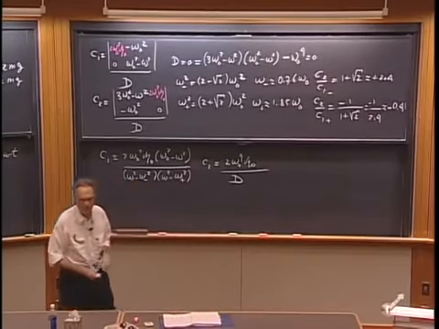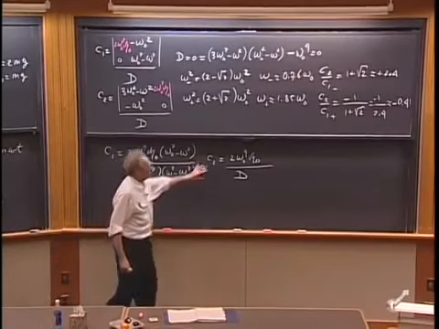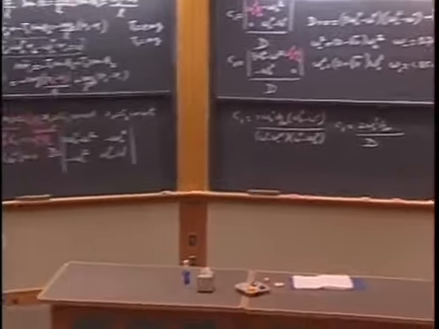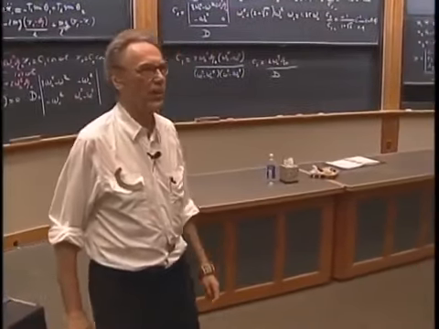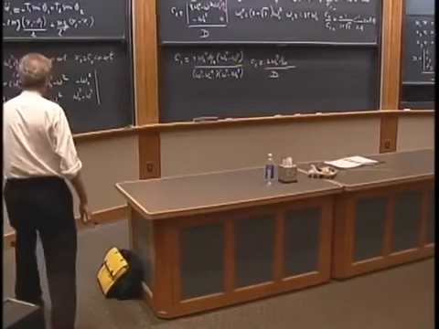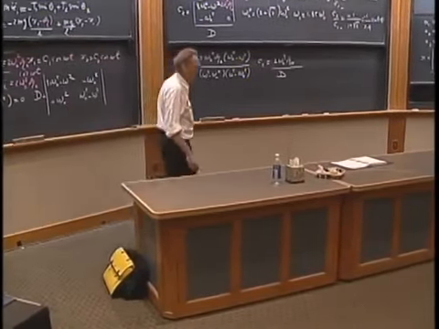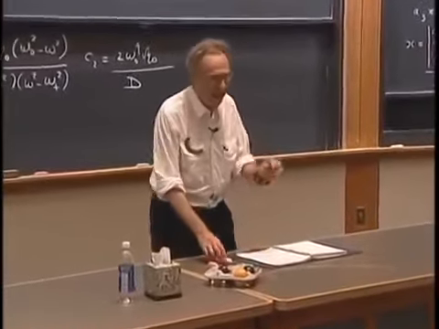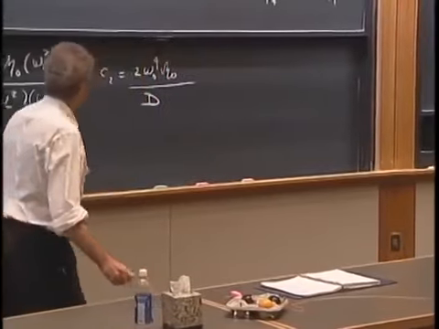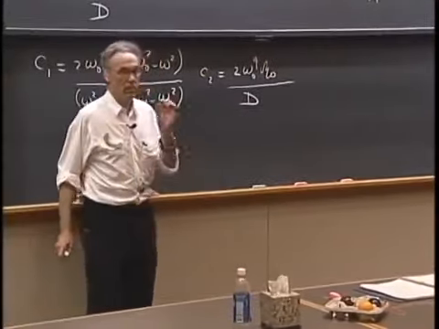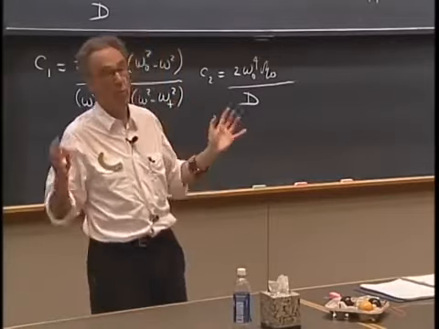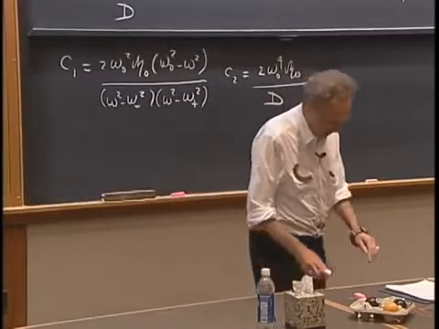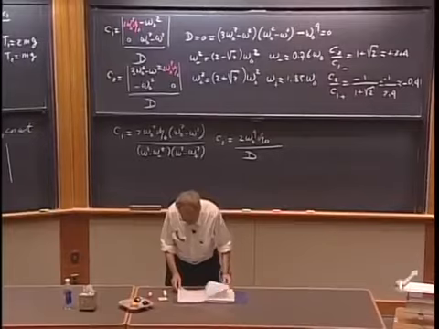Our task now is not to look at these equations, but to see through them. They are by no means trivial, what they are going to do as a function of omega. It's an extraordinarily complicated dependence on omega. And I have plotted for you these values of C1 and C2, for which you get an answer now. You also know C1 over C2, of course, because you know C1 and you know C2. And I'm going to show you this as a function of omega, and then we will try to digest that